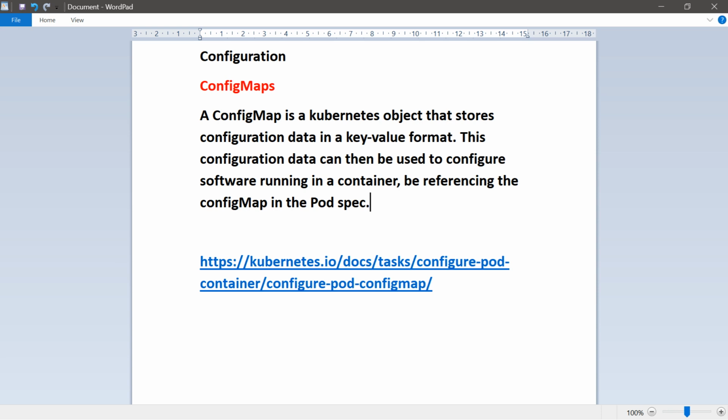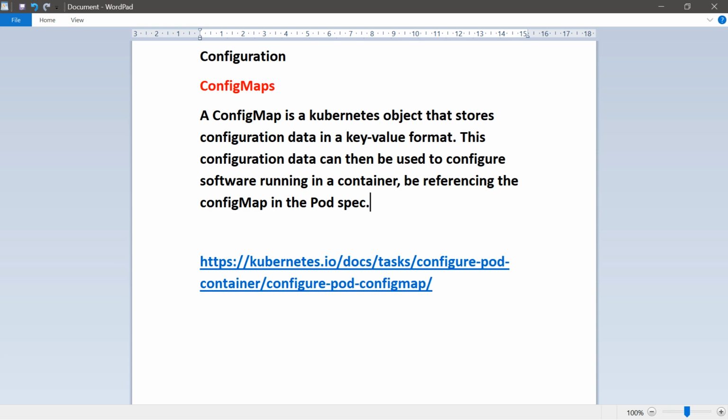So how do we apply this configuration to the container? There are two ways: one is environment variables and the second is mounted volumes. Any custom formats that the application container can read and understand are configured inside the pod in Kubernetes using config maps.